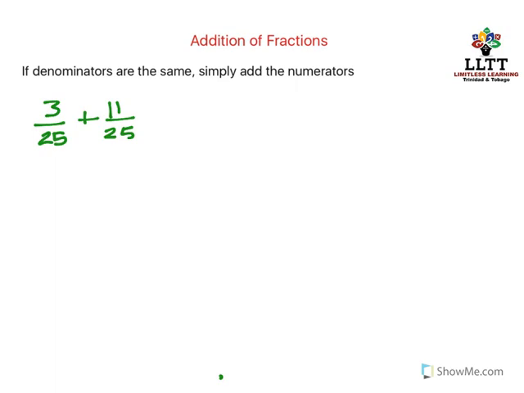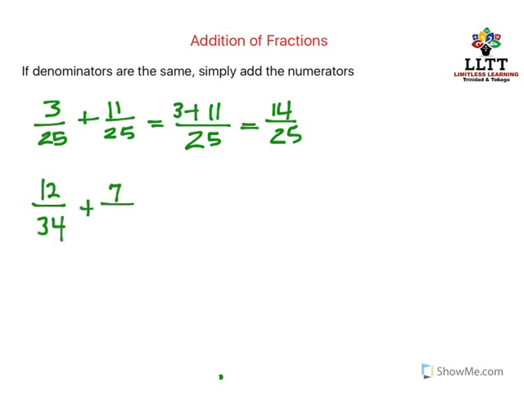In both of my fractions, my denominator is 25. So that's great. I'm going to leave my denominator as 25, and I'm going to add my numerators. So that's 3 plus 11, and 3 plus 11 is 14. That's 14 over 25. Again, another example, if I had 12 over 34